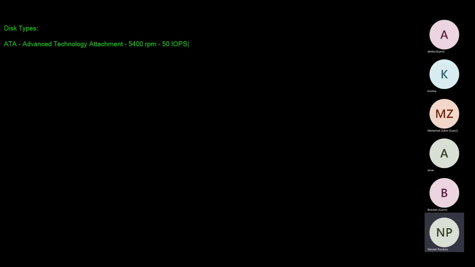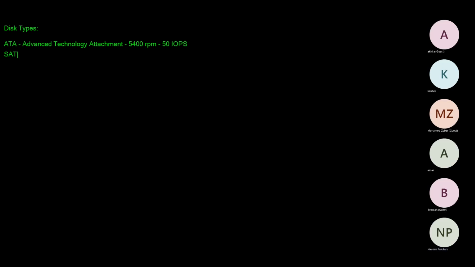Okay, it can sustain up to 50 IOPS in parallel. If it crosses more than 50 IOPS, then it will add latency to the disk, so it will become slow. Okay, next thing is